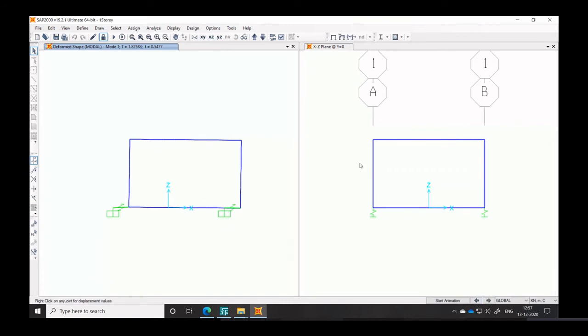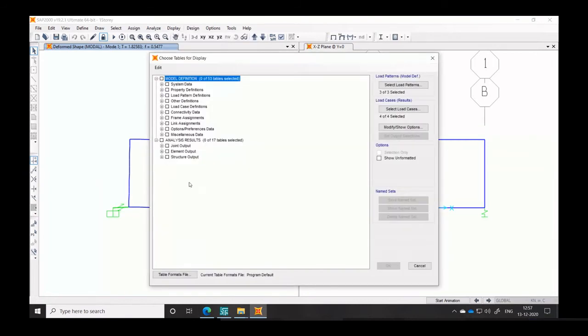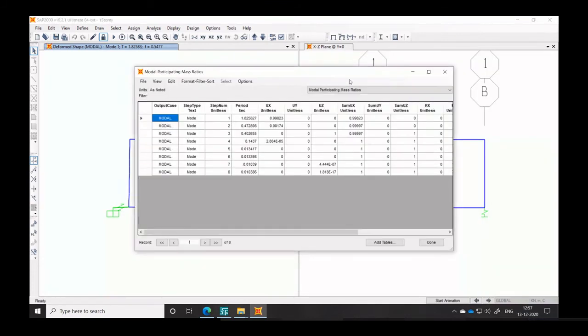Now, the way to see how much each mode is contributing to the total response is to go to Display and Show Tables. In Show Tables, go to Structure Output, then Modal Information, then Modal Periods and Frequencies, and you also want to see the Modal Participating Mass Ratio. Click OK. Now you see that the first mode period is 1.82, and the second mode period is 0.47, which is much less than the first mode.